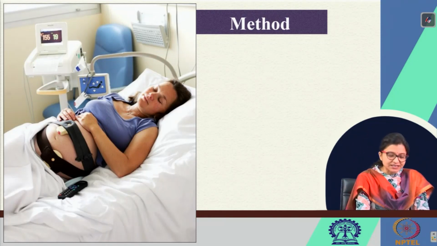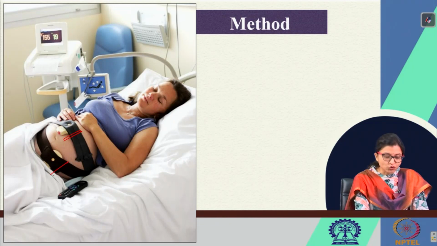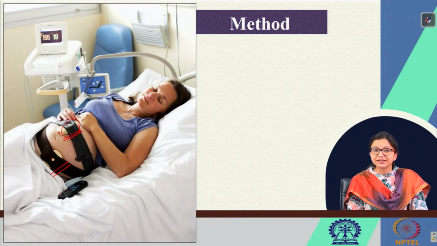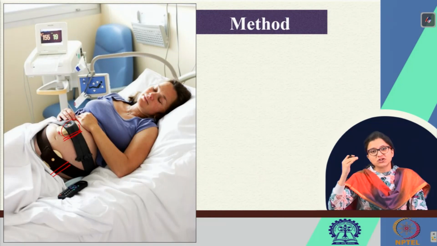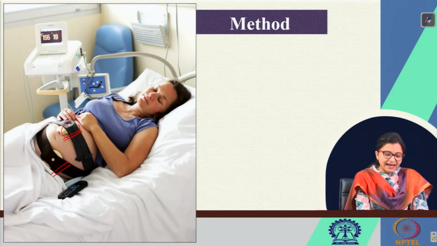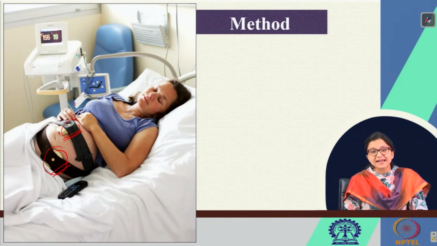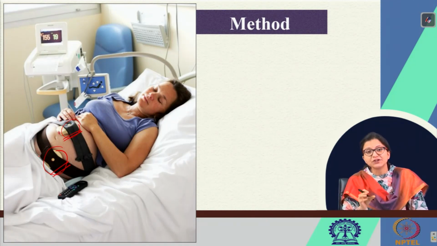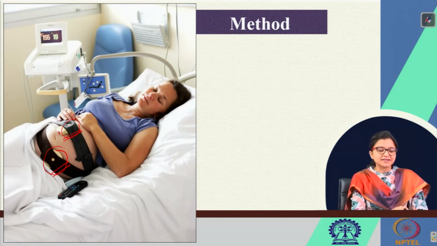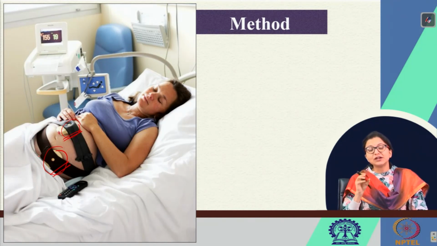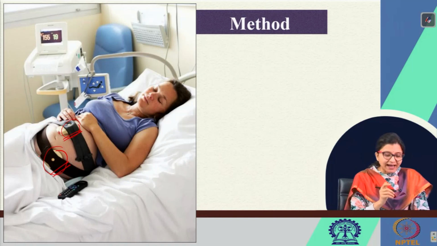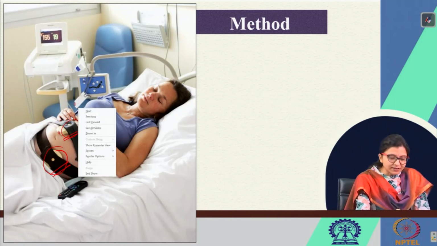Now, see, this is the CTG machine which I was talking about. It has two probes. One probe is placed over the uterine fundus, which measures the uterine pressure and the increase in pressure during uterine contraction. This probe is placed over the lower uterine segment, just against the fetal heart, where you auscultate the fetal heart rate with your stethoscope. There you place this probe, and it picks up the fetal heart rate tracing. And another probe is there with the mother.